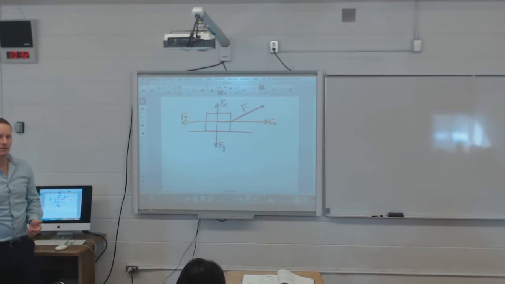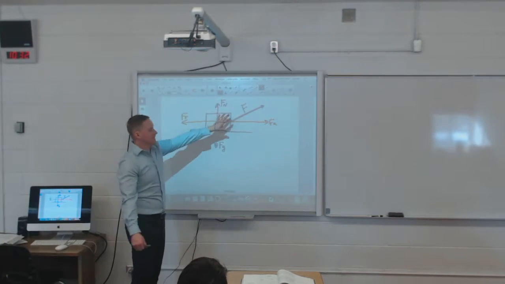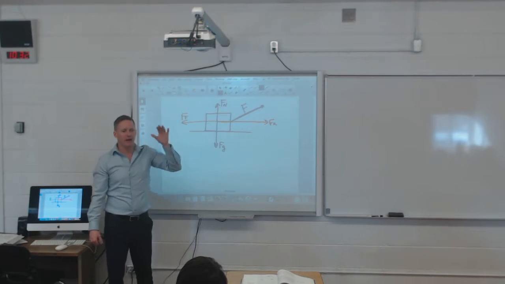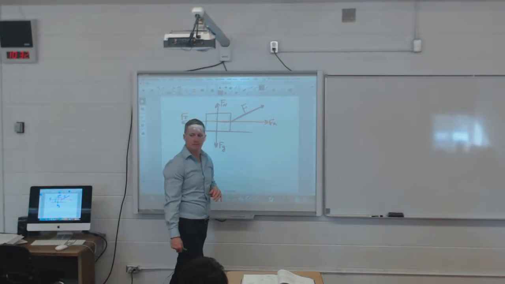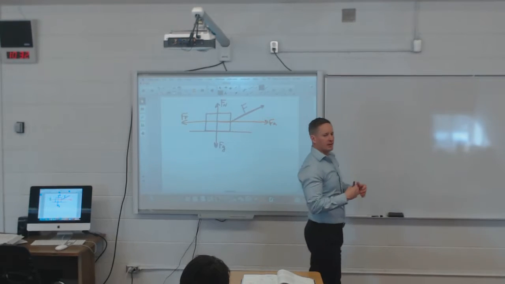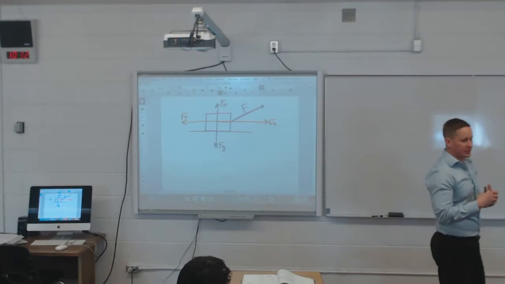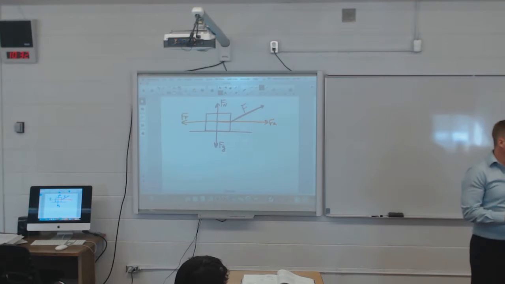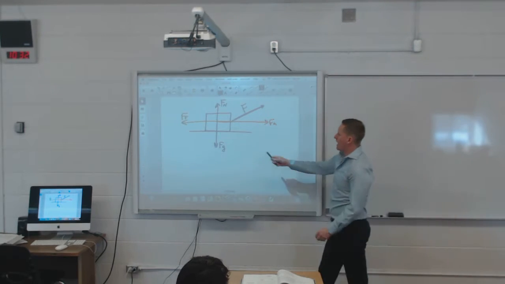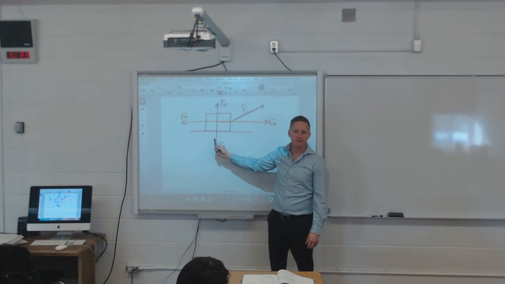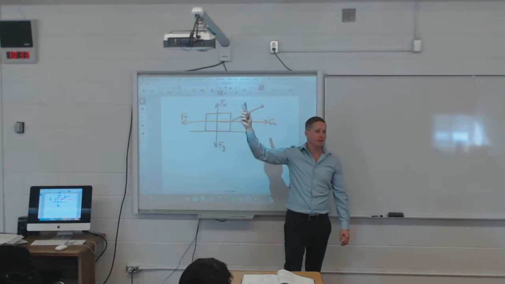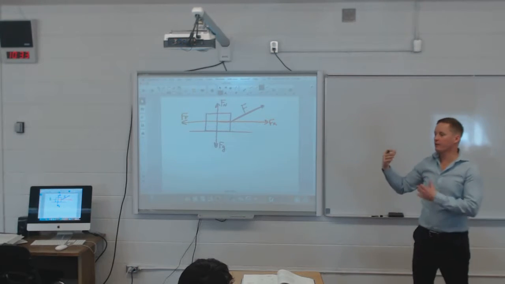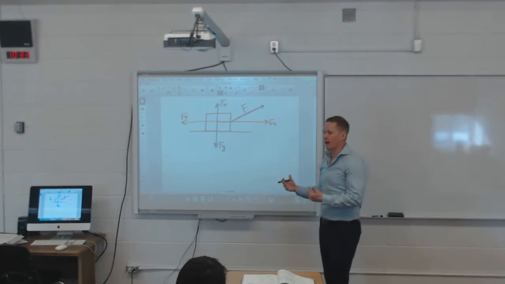Yes. Now, if this thing is not moving and it's just sitting on the ground, what's the vertical net force? How much force would there be if it's just sitting there vertically? 0. Because the force of gravity is pulling it down, correct? And the normal force is pushing it up. So they're counteracting against each other. Therefore, your net force would be 0 for that, right?